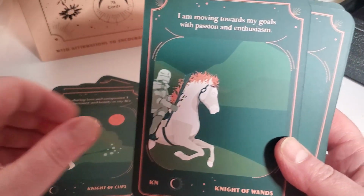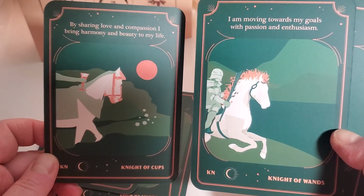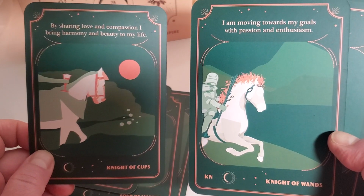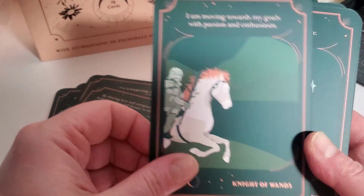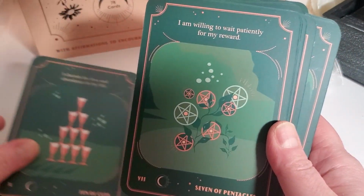Knight of Cups. And I'm just going to kind of flip through. So the knights do have the horses as normal, so that's nice. Interesting, we don't even see the knight on the horse in this one. I'm not sure if that's the moon or the sun. Probably somebody out there knows. I'm just flipping, so I don't even have really time to think about it, but